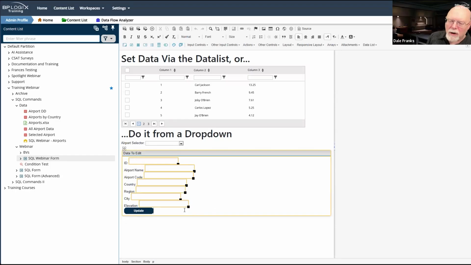The insert command, worst case scenario, I'm going to have data I don't want, which is going to have to be deleted by somebody. So the insert command, which we're going to talk about next, is not that big of a threat. The worst thing that's going to happen is every time I click the insert button, which we're about to put on the form, it's going to insert a brand new record.